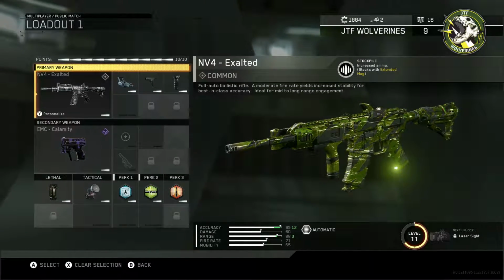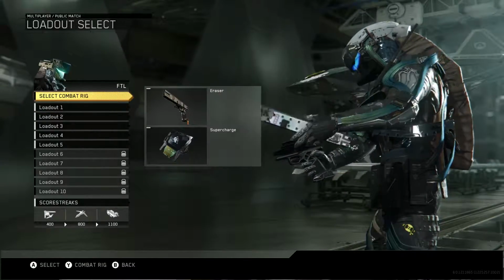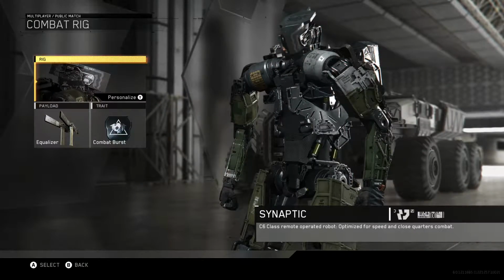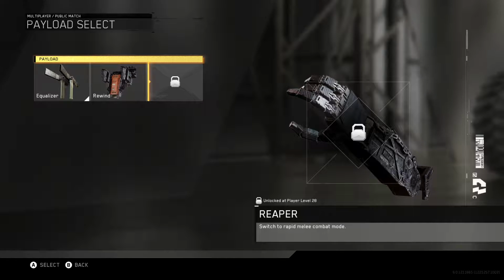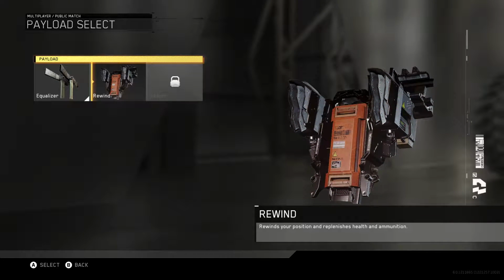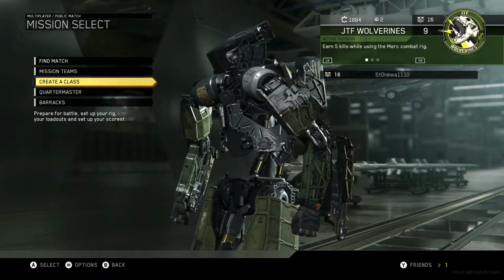So anyways, it was a pretty good supply drop opening and good look at some of the new stuff. They did rearrange some of the stuff with the combat rigs. The order in which you earn, for instance, the second payload on the Synaptic, it moved to player level 28 to get the Reaper. So what you earn now instead of that is Rewind. So anyways, they did change some of that, but